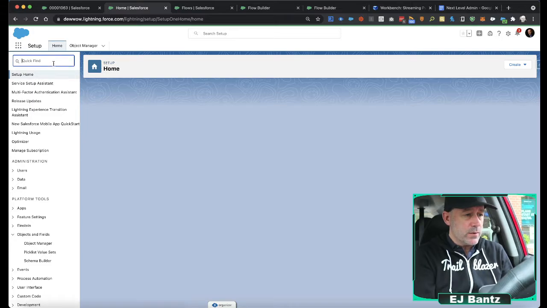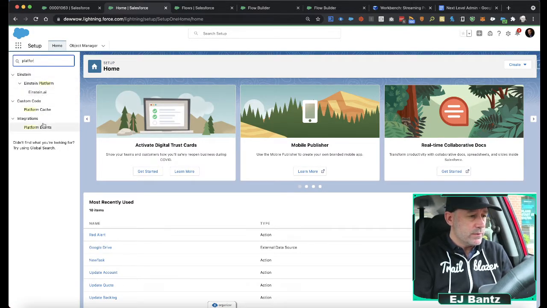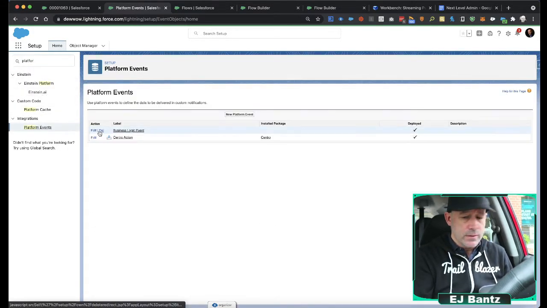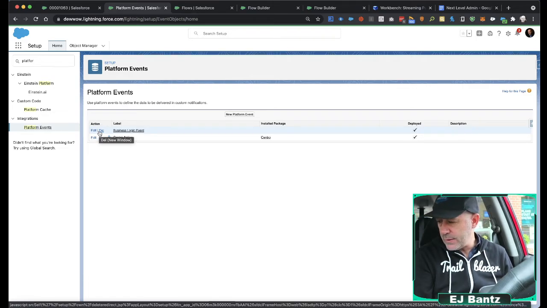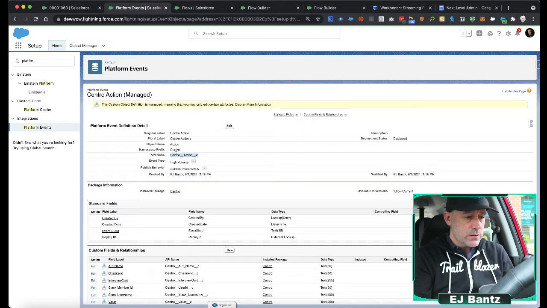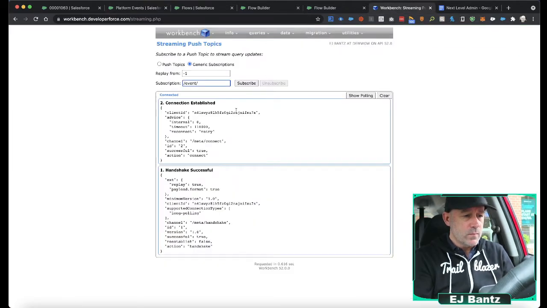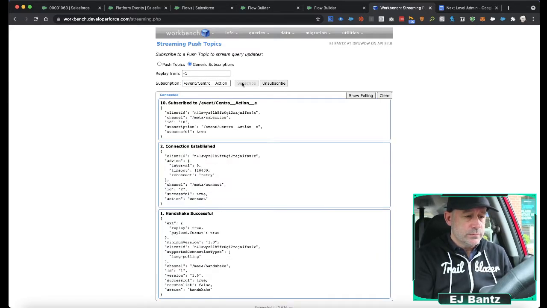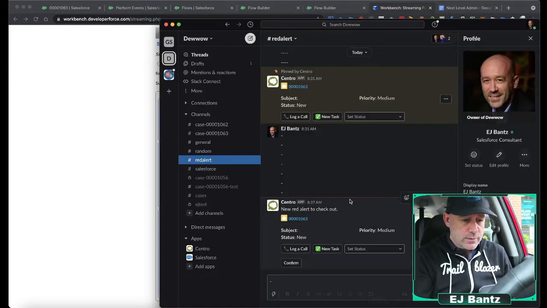So to do that, we look at platform events, and it's the Centro action. So I just copy the API name from here, paste that. Okay, so we're subscribed. So now if I hit that button again,